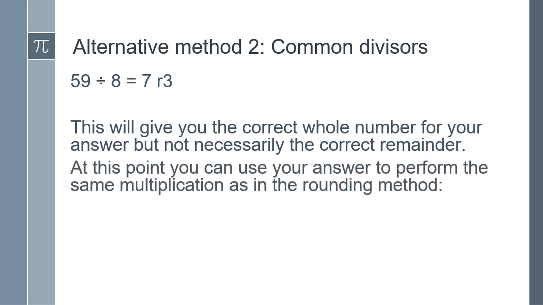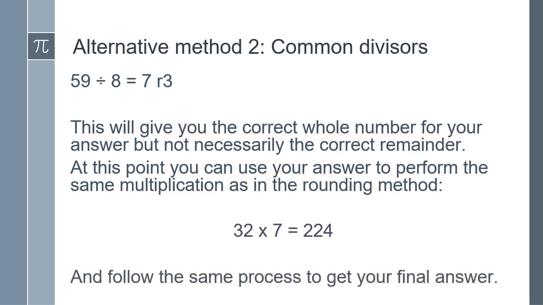At this point, you can use your answer to perform the same multiplication as in the rounding method. So that's when we did our 32 times 7, which was 224. And then you can follow the same process to get the correct remainder. So you can follow the same process as in the rounding method. Or